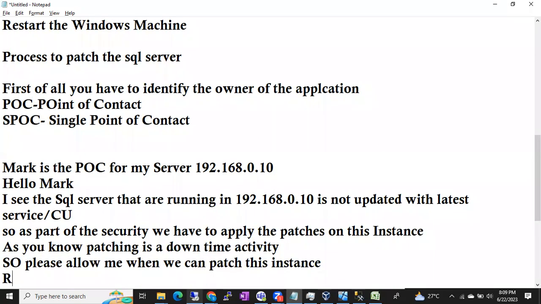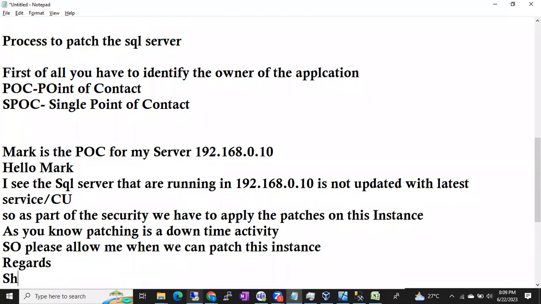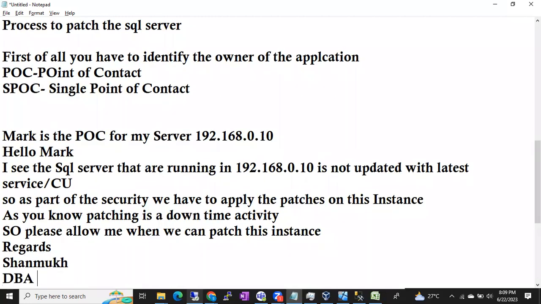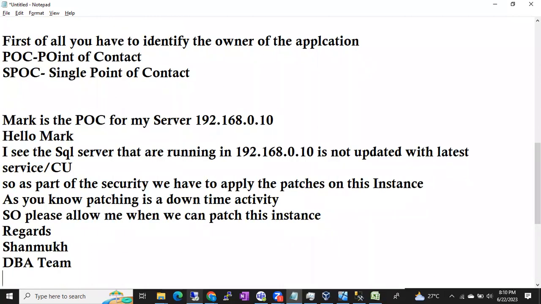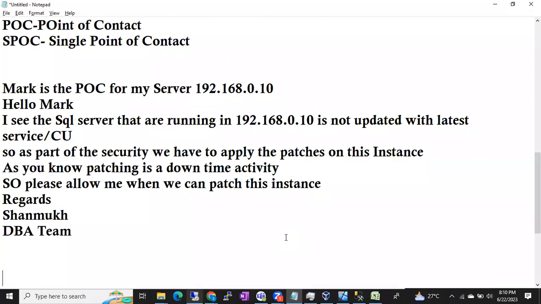Okay, so regards something like Shanmukh, DBA team, something like that. You have to send an email to Mark. So Mark will check this email. Mark will reply back, hey Shanmukh. Okay,